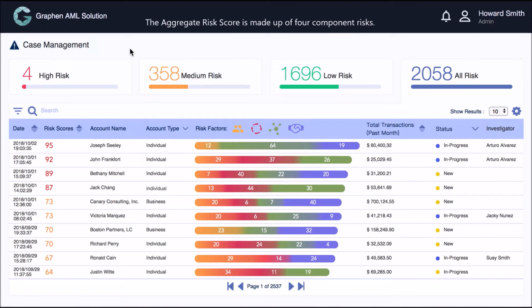The aggregate risk score is made up of 4 component risks. The first is entity risk, inherent risks in the customer's profile. Next is known red flags, risks already identified by the bank in their current system. Network risk, risk identified in the customer's network. And fourth, behavior anomalies, observed risks in the customer's transaction behavior relative to their peers or relative to their own